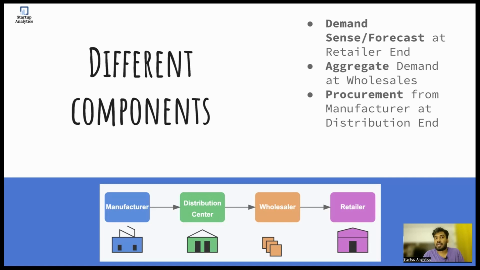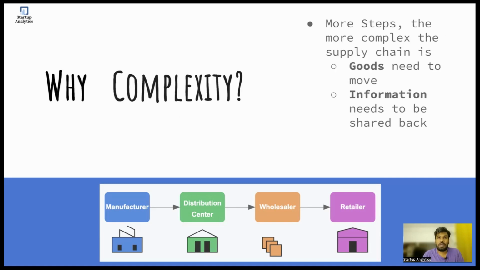Especially if there are certain activities, marketing initiatives, whatever they might end up doing, which could increase the awareness of the good, in which case they would want to pre-plan for it and probably try to stock slightly higher than usual. So why is all this process complex? Why is this whole supply chain complex? It's complex because there are multiple steps involved. This is a movement of actual physical goods.